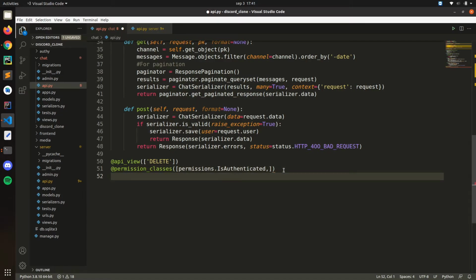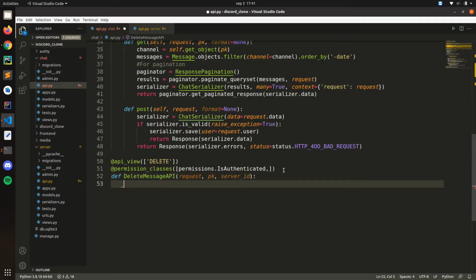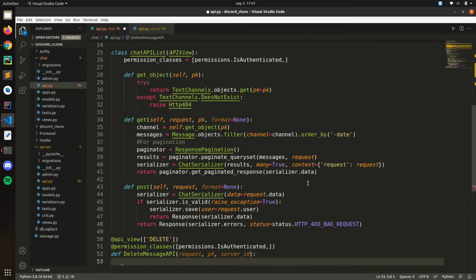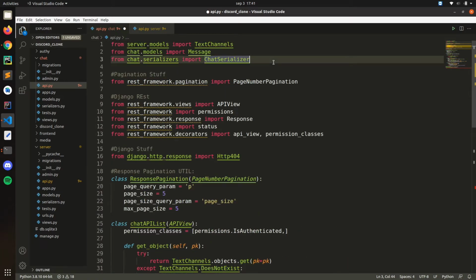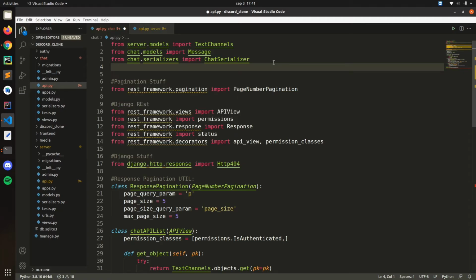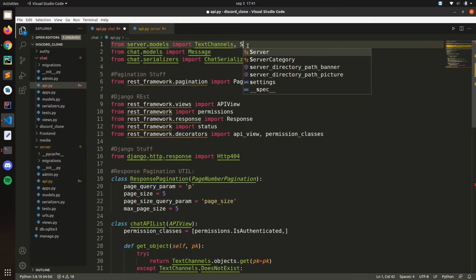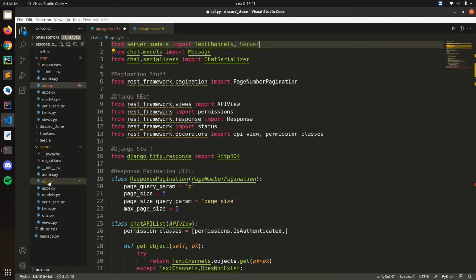Okay, so now create a new function. Let's call it delete message API. It will take a request, also PK, and the server ID. So it's better to find that. First, we need to import. Let's import this channel, and let's also import server, because we want to do the